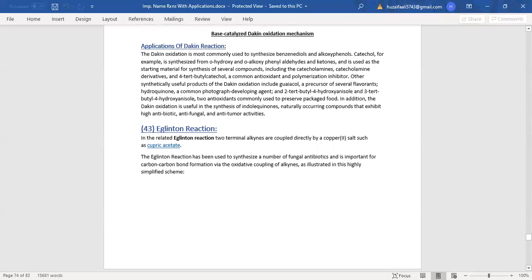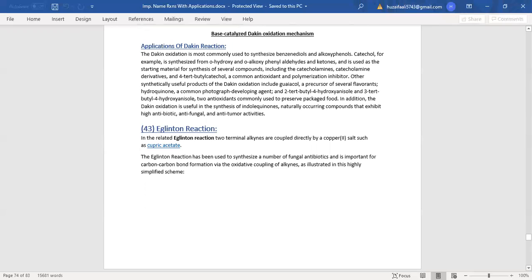Catechol, for example, is synthesized from ortho-hydroxy and ortho-alkoxyphenyl aldehydes and ketones and is used as a starting material for synthesis of several compounds, including the catecholamines, catecholamine derivatives, and 4-tert-butylcatechol,